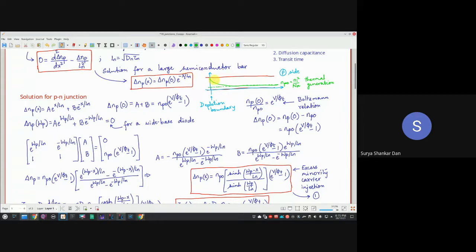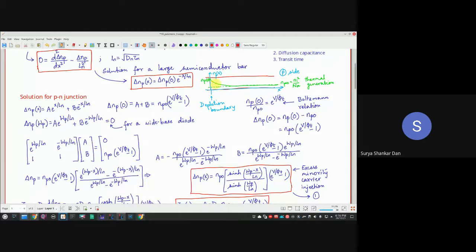Correct? Now, on the y-axis we are essentially plotting n as a function of x. This is your x. Okay? So over here, it is going to be n_p0. Okay, so let's be more specific. This is n_p, that means electrons in the p side. So this is your n_p0, which will die out to n_p0. That is for the thermal generation. Remember, this will never go to zero. n_p doesn't go to zero. The minimum value of n_p is essentially going to be n_p0.